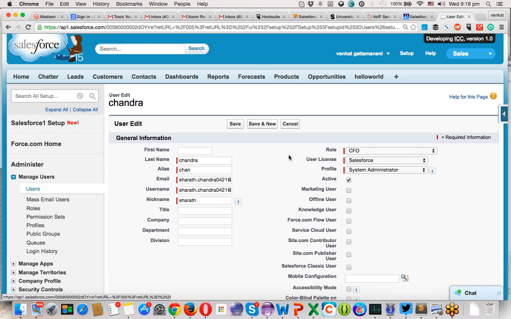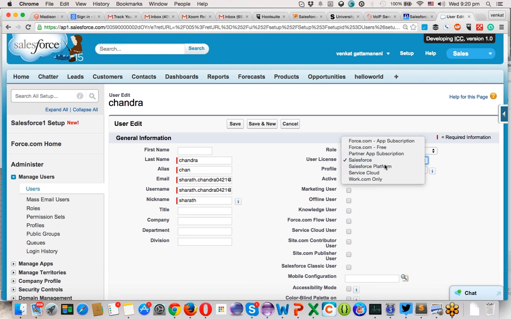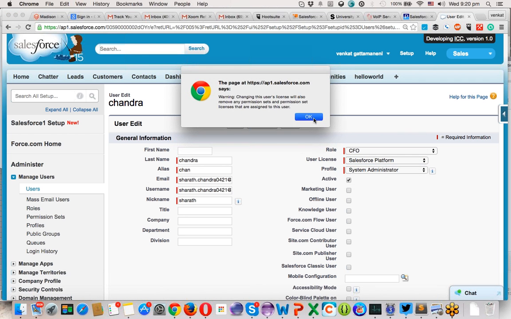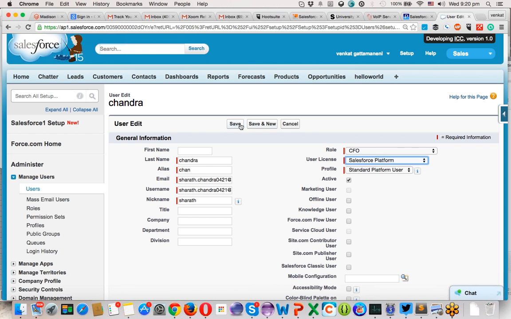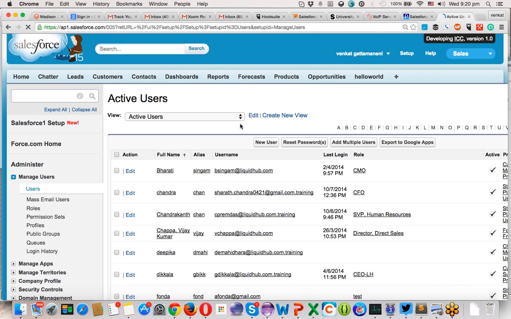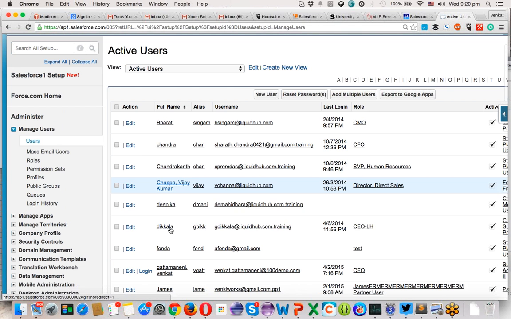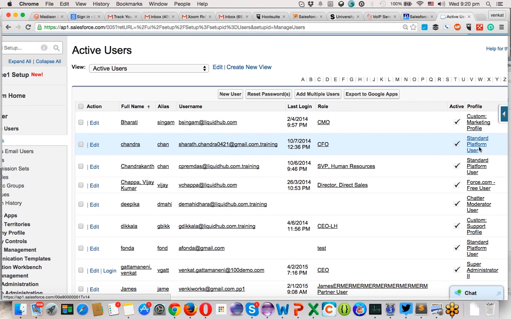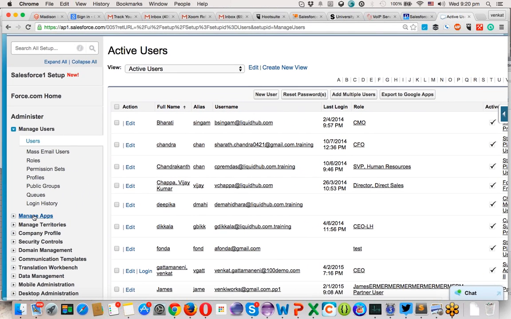So currently, you don't have the Salesforce licenses. Okay, that's the reason I'm changing for the other guy. I'm clicking on save. Now I have changed the license for Chandra from Salesforce license to Salesforce platform user license. If you go back to your company profile,